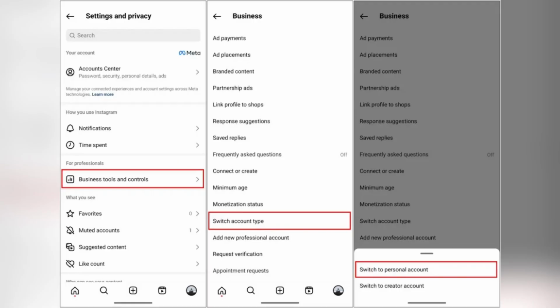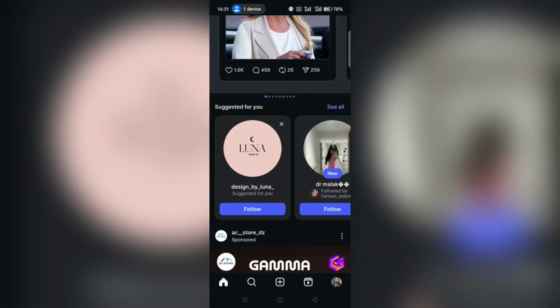Tap it and you'll see the option to switch to personal account. Tap that and Instagram will ask you to confirm. Just tap Switch to personal account one more time. And that's it. Your account has now been changed back to a personal profile. You'll still have all your posts, all your followers, and your usual profile features, just without the business analytics and